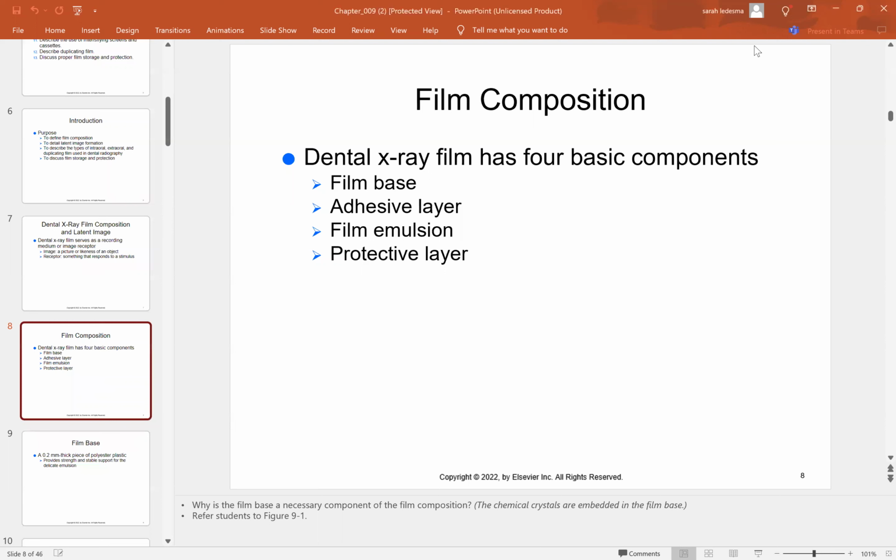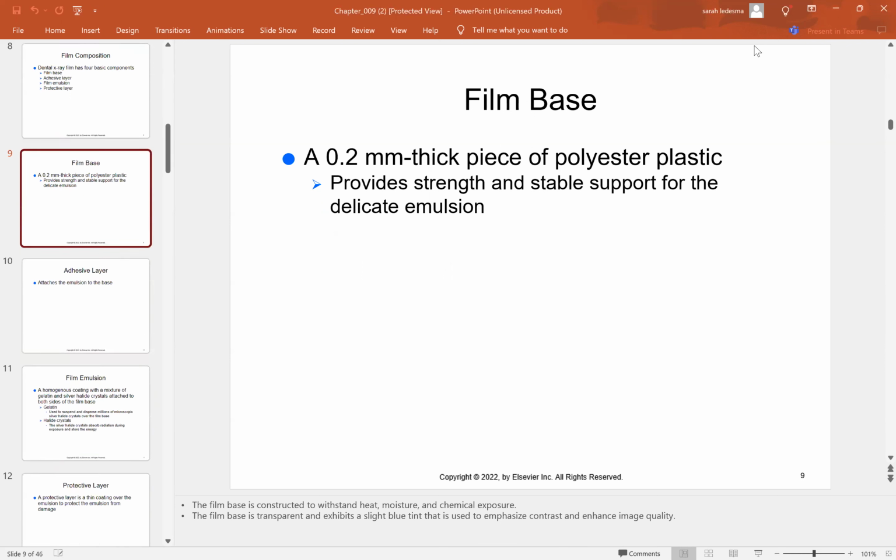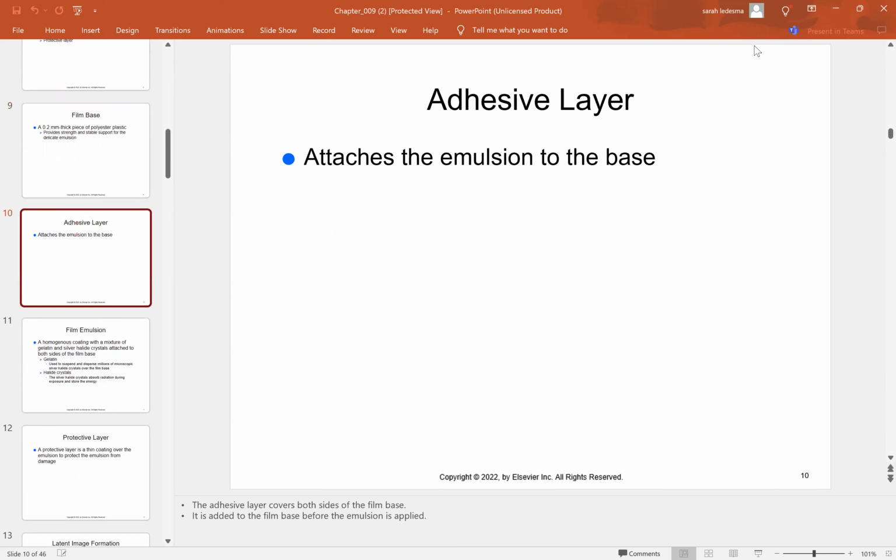Film composition. Dental x-ray film has four basic components: a film base, adhesion layer, film emulsion, and a protective layer. The film base is a 0.2 millimeter thick piece of polyester plastic. This is going to provide strength and stable support for the delicate emulsion. The adhesive layer attaches the emulsion to the base,